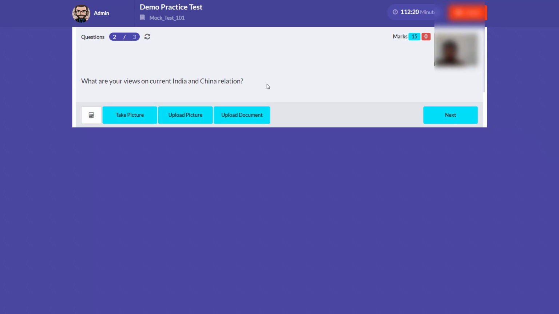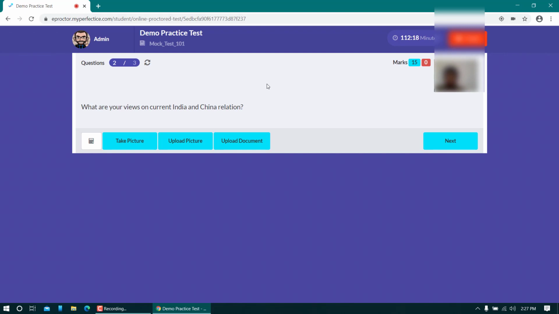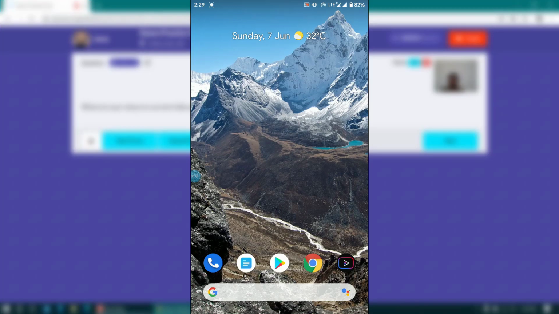So at this point, I'm going to show you the exact procedure to write an answer and then upload through a mobile phone. Now I'm going to show you how you can transfer your image from the mobile phone to the laptop itself.